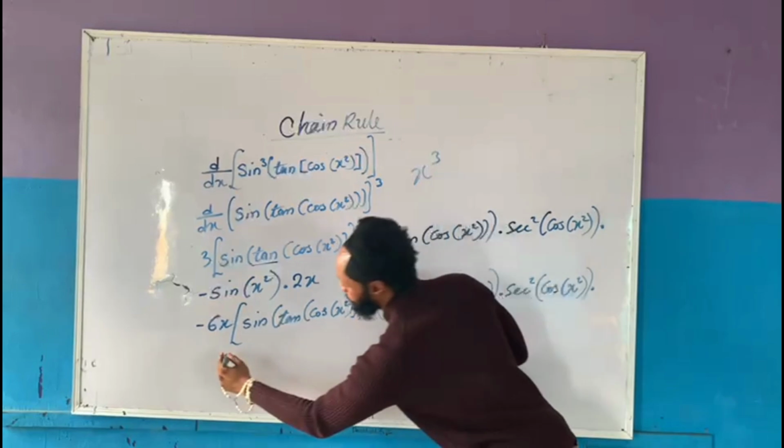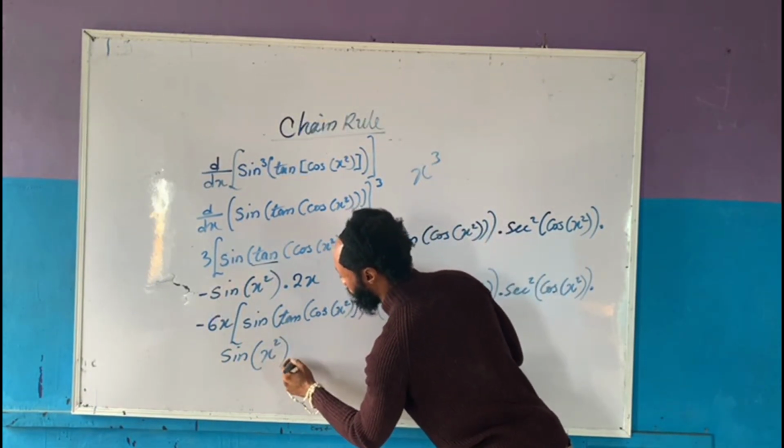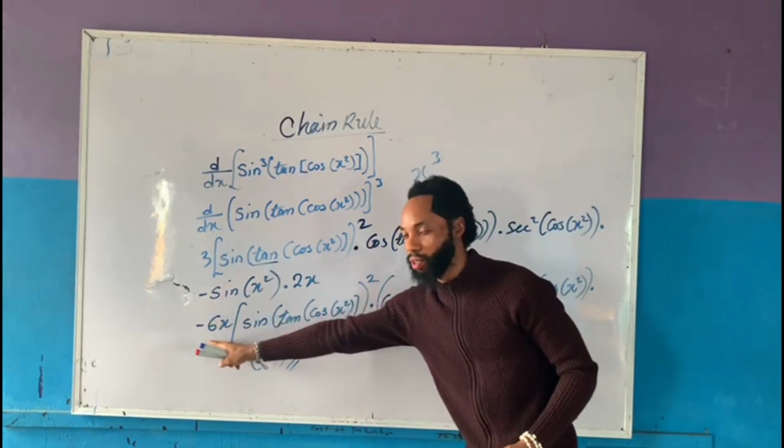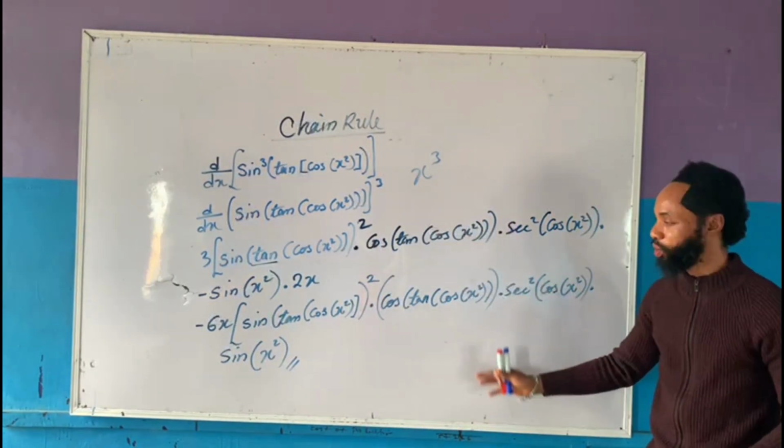Let me write it here. Sine into bracket x squared. And this is our final answer. The 2 has already multiplied with 3 and negative to give us 6. So this is how you differentiate a question such as this. Take it one after